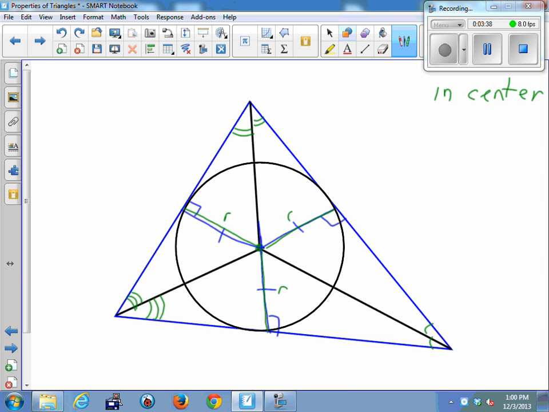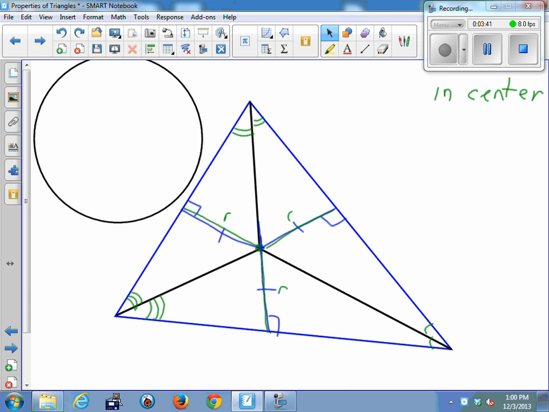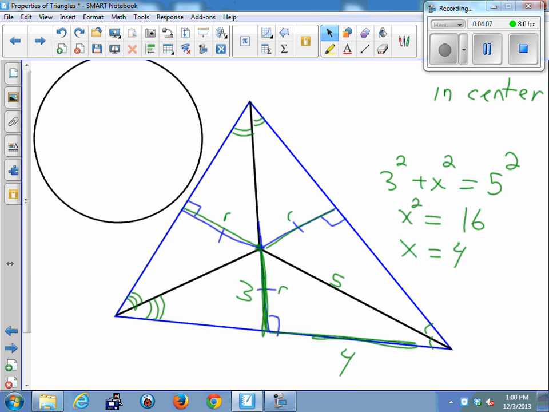So if I know, let me get rid of some of this stuff, this circle. If I know that, for instance, this side here is 3, this side here is 5, I can find out that this side here is 4 by doing 3 squared plus x squared equals 5 squared. x squared equals 16, and then x equals 4. And so we can kind of go from there. So we're going to be using those right triangles inside. Once we have our angle bisectors, then we know that the in-center is equidistant to the sides of the triangle, and then that creates that right triangle that we're